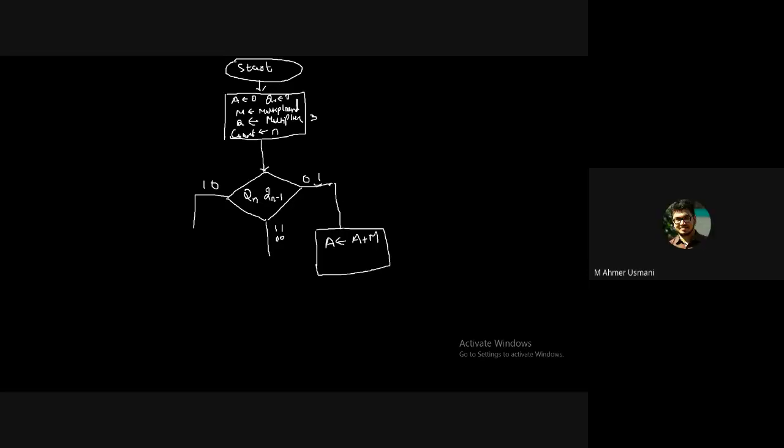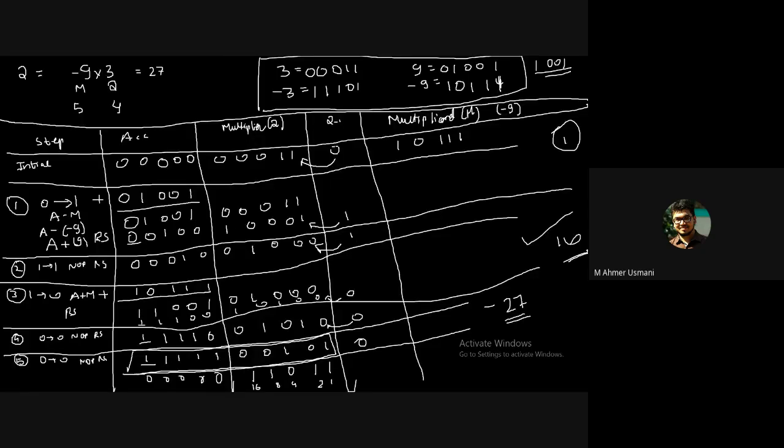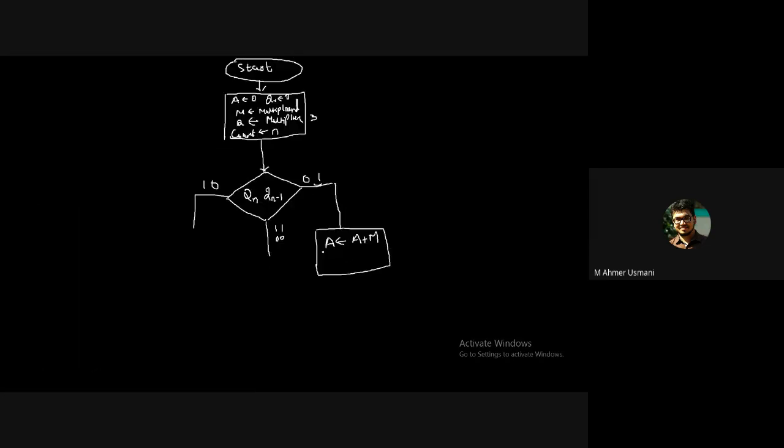Just go to the algorithm. Check the algorithm. If the transition from the imaginary bit to the next consecutive bit is from 1 to 0, in that case we perform A plus n. That is what we are doing here. If you look closely, this is the point. 1 to 0, we do A plus n. This is 1 and we are transiting to 0. So in that case, the accumulator will get A plus n. Is that clear?